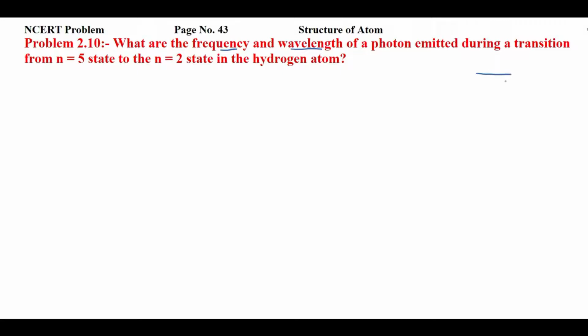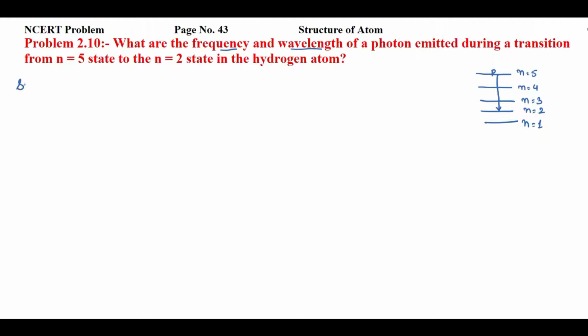So it is a hydrogen atom, and in this hydrogen atom definitely we are having a photon that is present on n equal to 5. So n equal to 3, n equal to 4, and this one n equal to 5. And from this orbit, this photon emits energy and definitely jumps to n equal to 2 orbit, right? And in this state you have to find the frequency and wavelength of this particular photon, right?